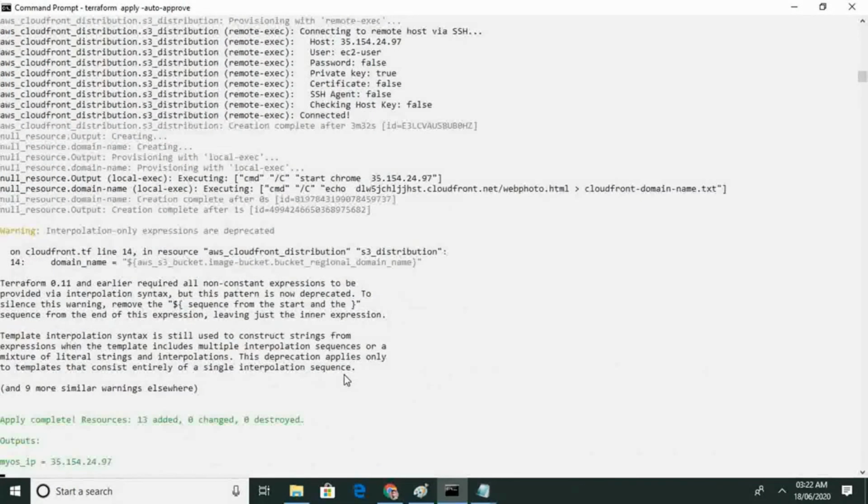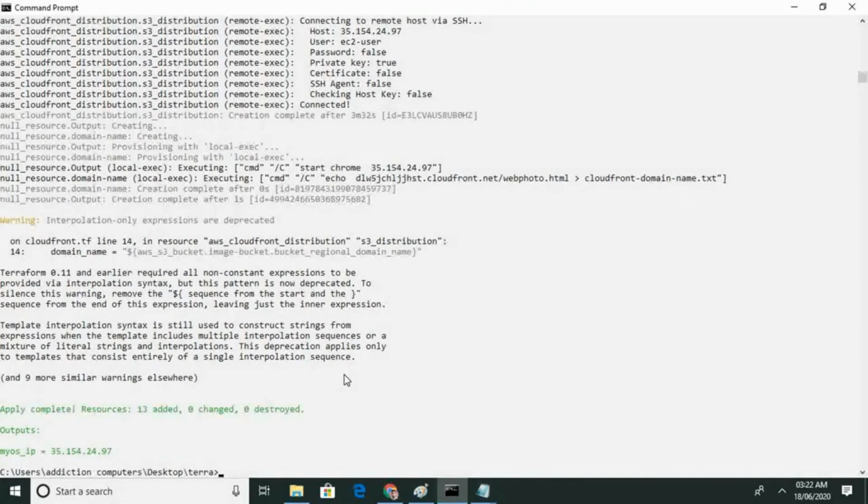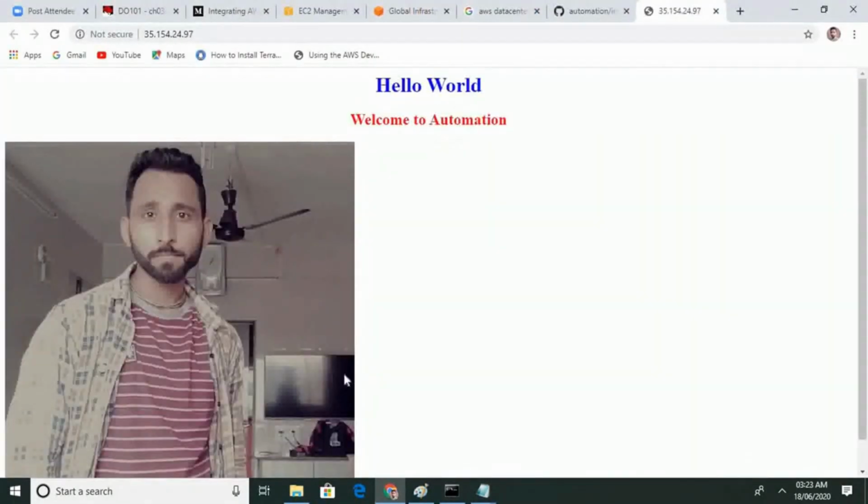So it's connected, done. As you can see, the web server page opens automatically. This image is coming from the edge location, and the edge location is retrieving from S3.